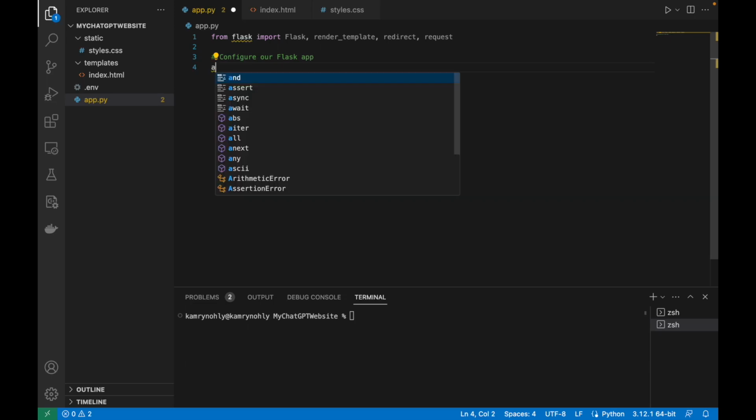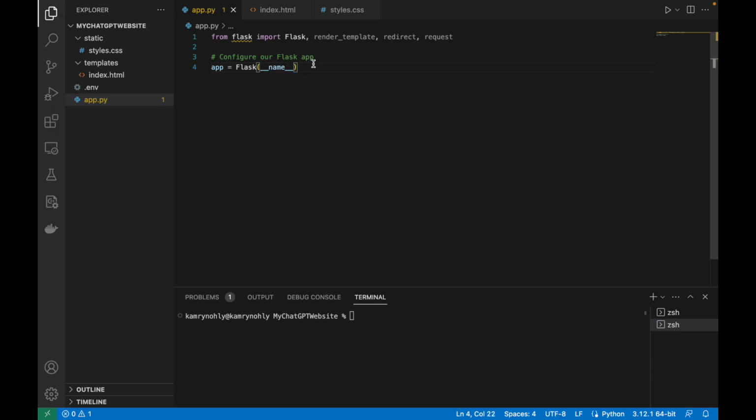We can do so by defining a variable called app and setting it equal to Flask with the specific parameter of __name__, with double underscores on each side. And this is going to access the overall name of our project and configure a new Flask application with that given name. Next, since we're going to be actively running this code and debugging, we're also going to enable our